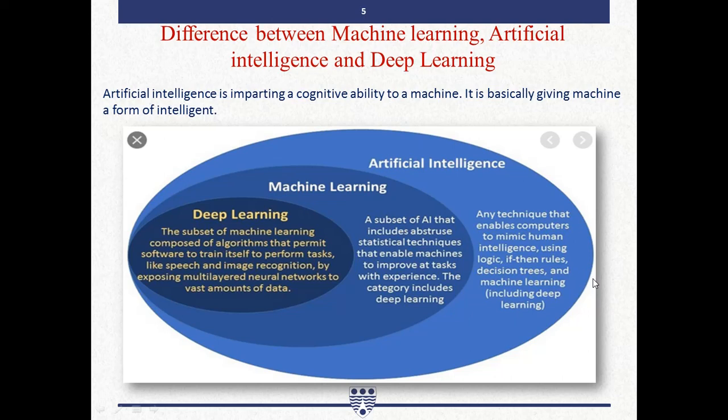You know, our brain functions because of the neurons. So if you want to imitate the human brain, or the human intelligence, and you want to assign it to a machine,